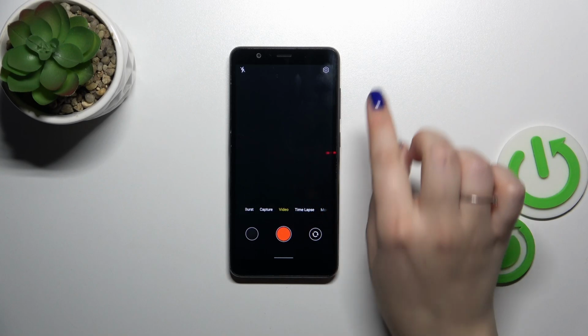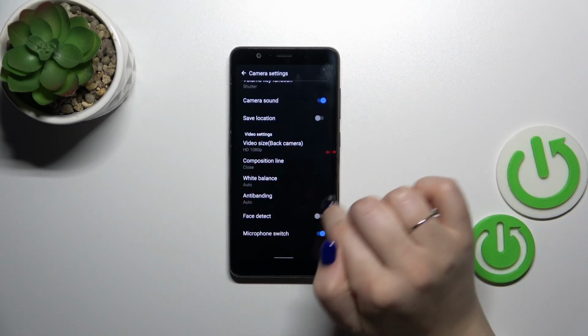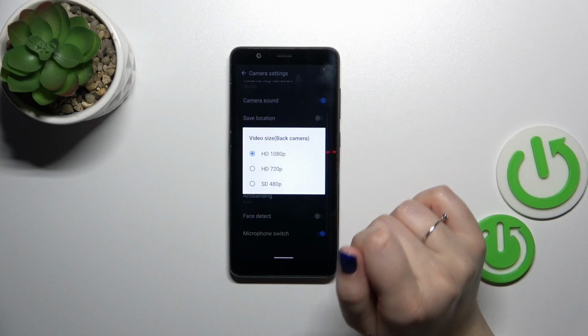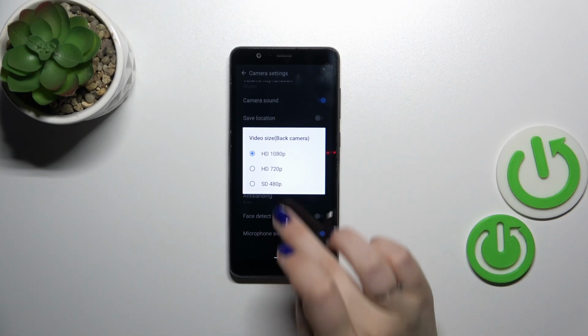mode. Now we can enter the settings, which are in the right upper corner, and as you can see in this video settings section at the top, we've got the video size. So let's tap on it, and here we've got three different options, so two HDs and the SD option. All we have to do is to basically tap on the option we'd like to use, so I'll pick this